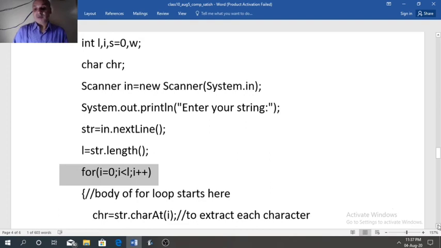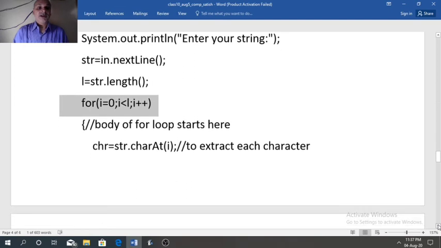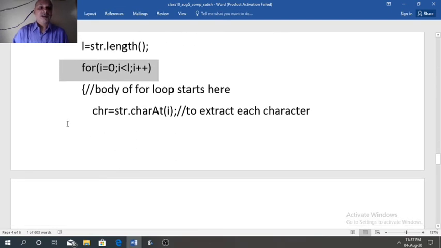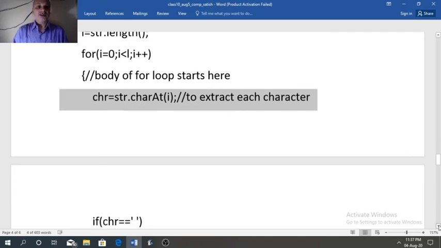So the loop will start from 0, it will go up to the last index of the string. And we need to extract each character of the string. So chr equal to str.charAt(i). Up to here it is the same as the previous program. After this statement the logic will change.